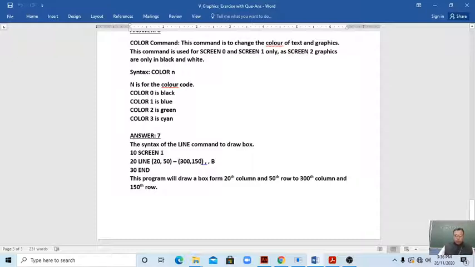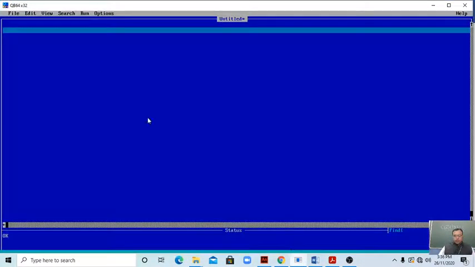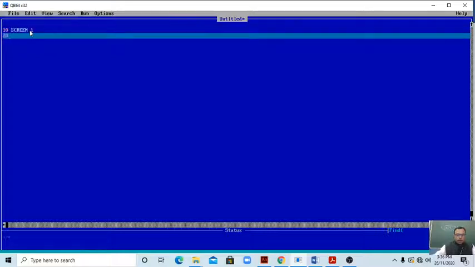I am also showing these things with the practical, students. See students, 10 SCREEN 1, then 20, then line. We are drawing a line, no?